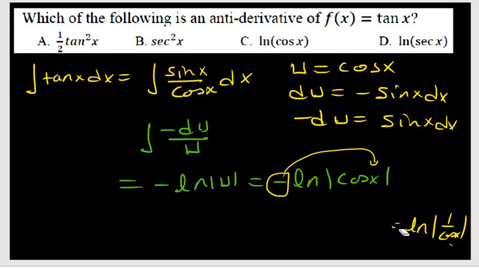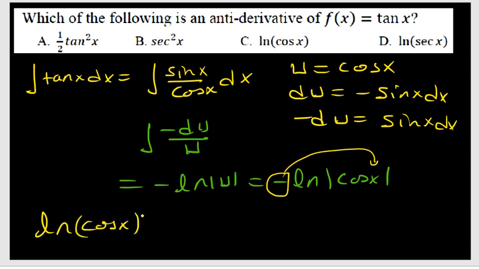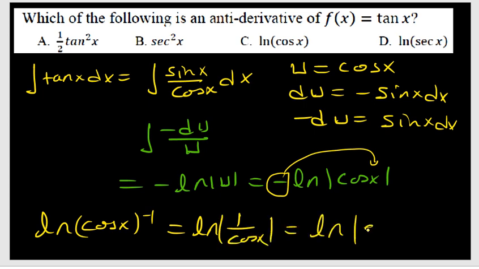Yeah, let me write it again. When you pick this negative to the exponent of cosine, it will be ln of cosine x to the power of negative 1. That means ln of 1 over cos x, which is ln of sec x. So the answer will be